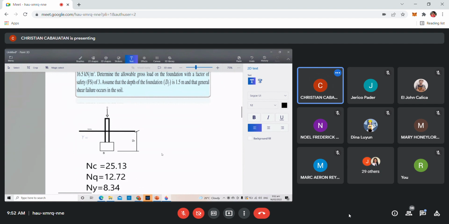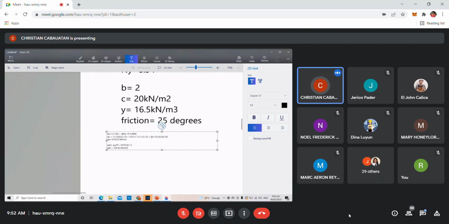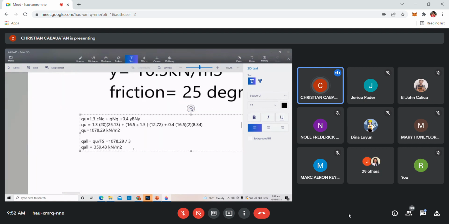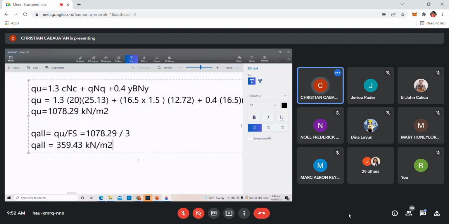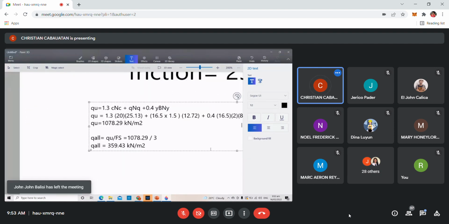So, kapag load ang hinahanap, we consider its area. Ang footing area. So, therefore, ang total allowable gross load can be determined as Q,